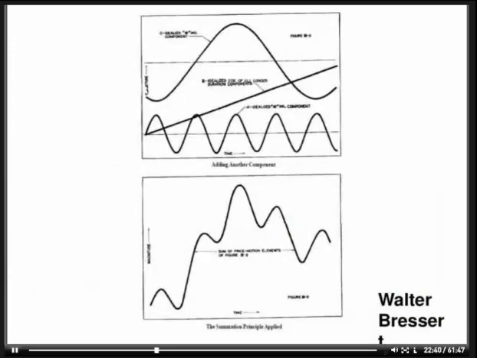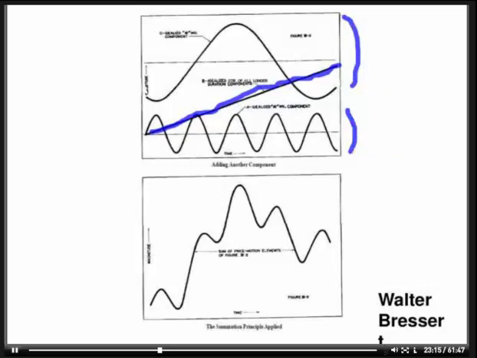So I just wanted to go back to another little picture that Walter had in his books because, again, this was really important for the next step, is now that we have the individual cycles, we want to try to actually further combine them to get an even better forecast of how the markets are going to be moving up or down or even sideways. And so as you can see in the top panel, there's this trend component, which we've actually filtered out using the algorithm, but we now have extracted the big cycles and the long cycles.